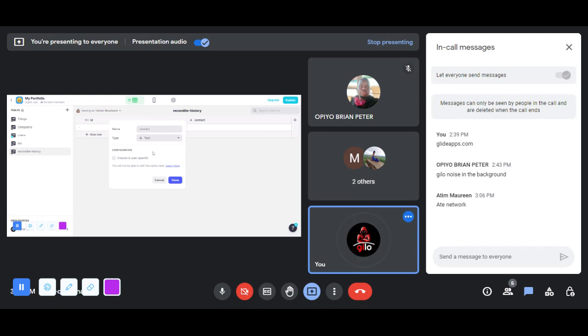Then I'll give it a text type. It should not be column specific. So the first item here, I can just put my email. I can say